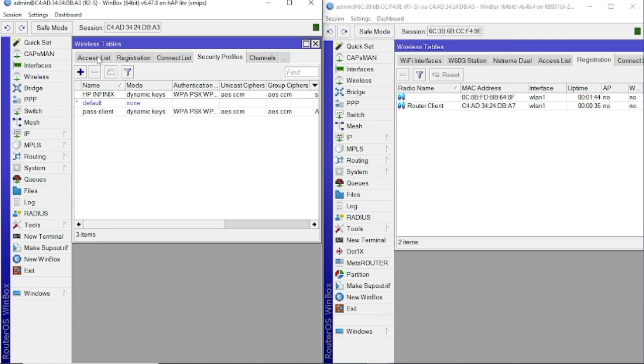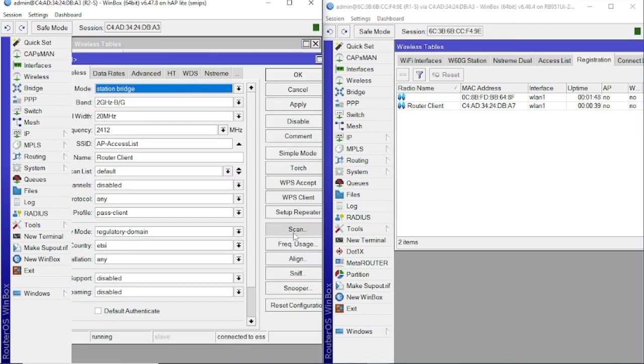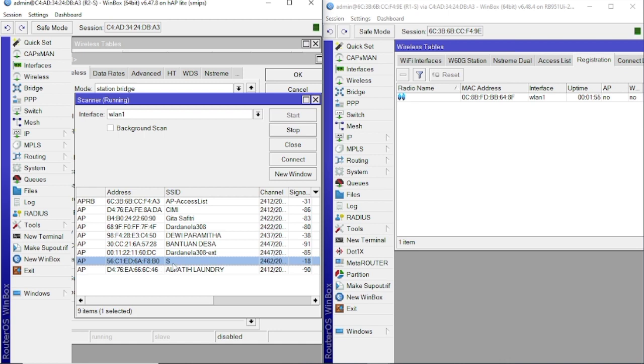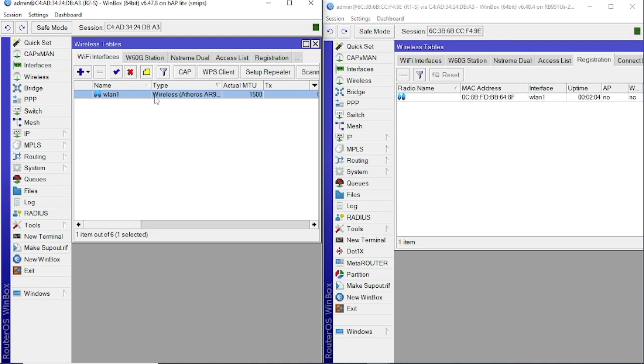Next, click the wireless menu. Then double-click VLAN 1, select the Scan tab, then connect using my handphone access point, then it will automatically fill in the interface with all the regulation if we scan. Then direct the security profile to my handphone access point. Here we can see the VLAN 1 status will not run because router 2 has been set to only be able to connect to the router 1 access point.